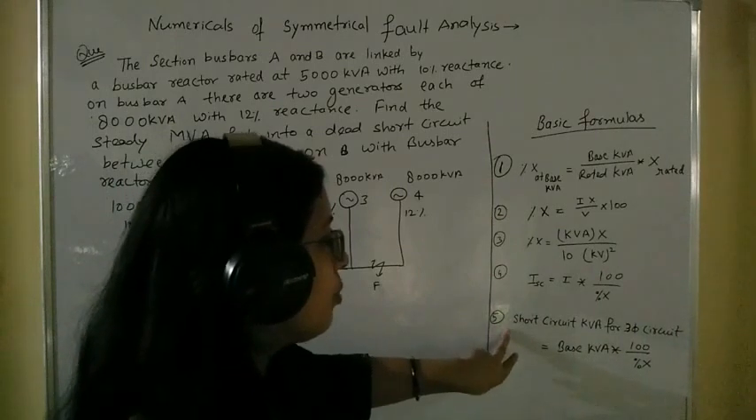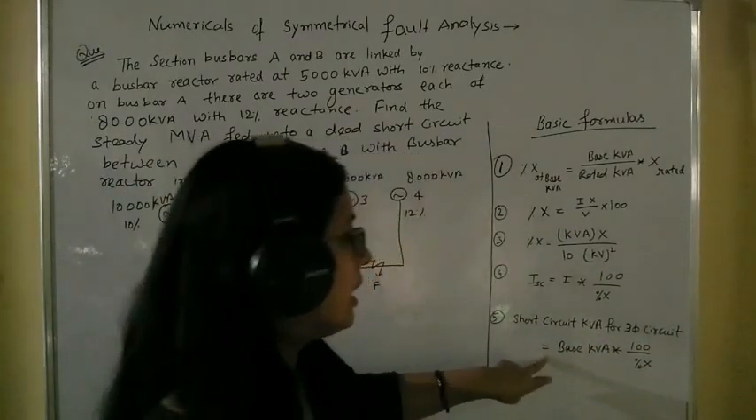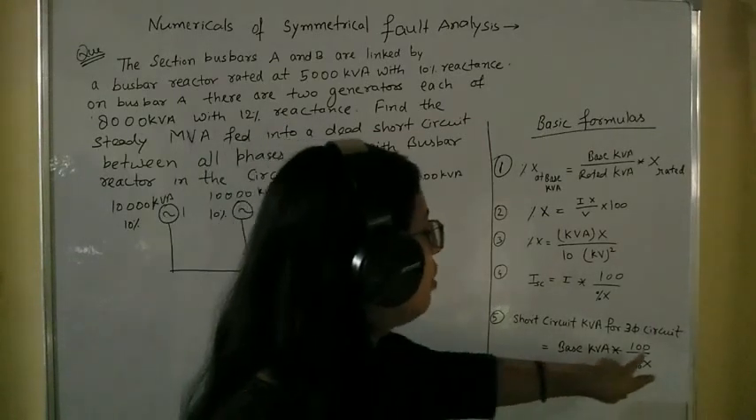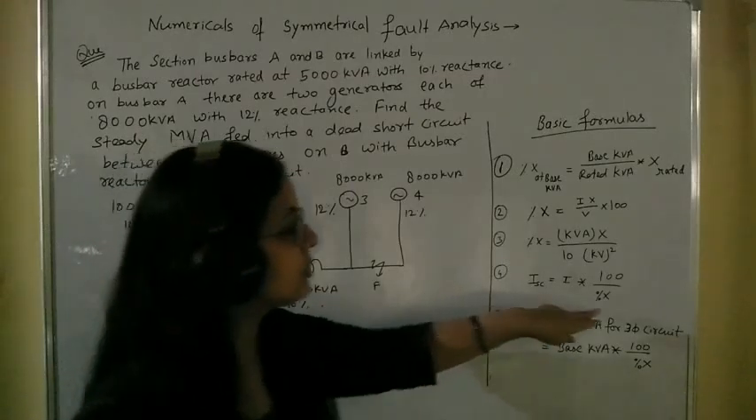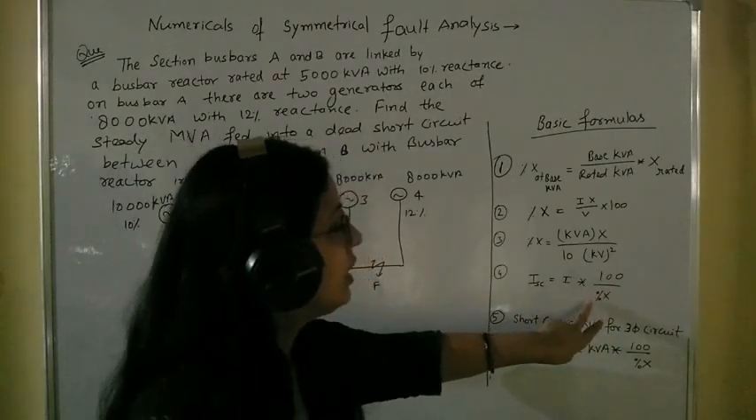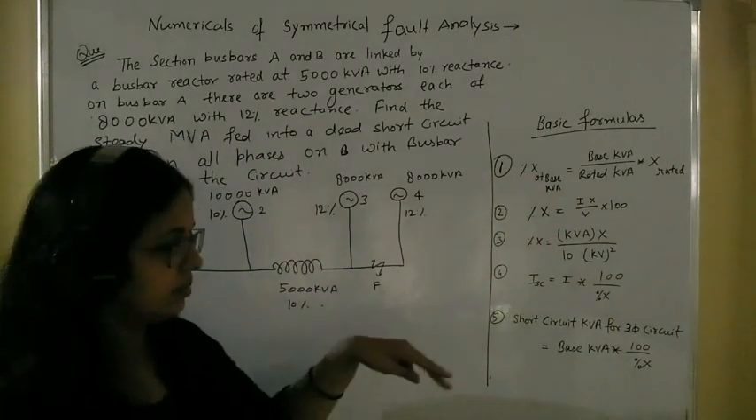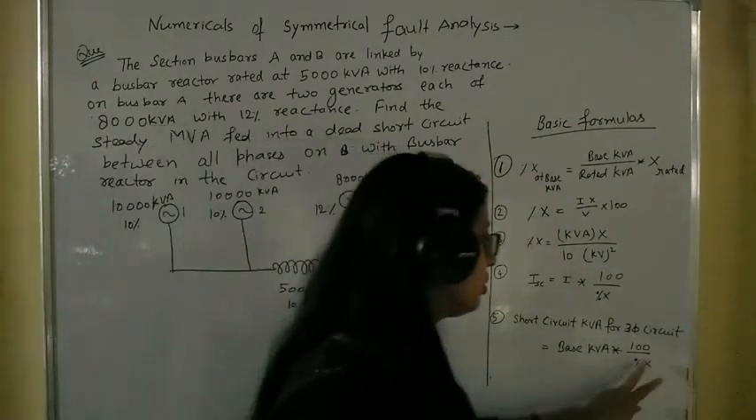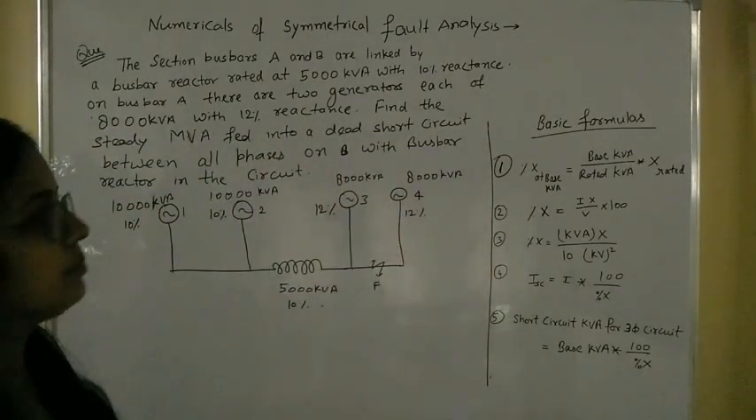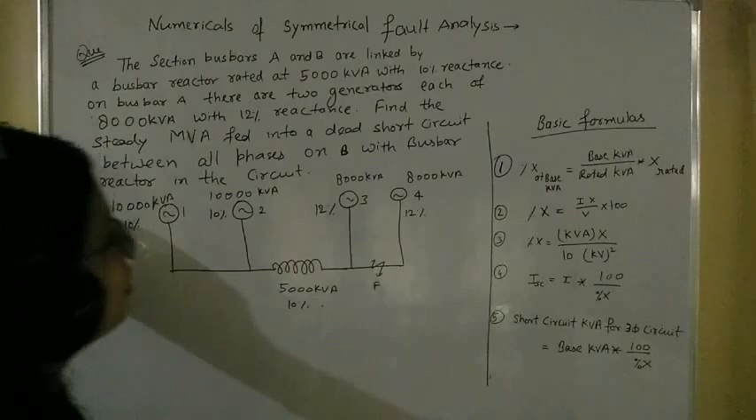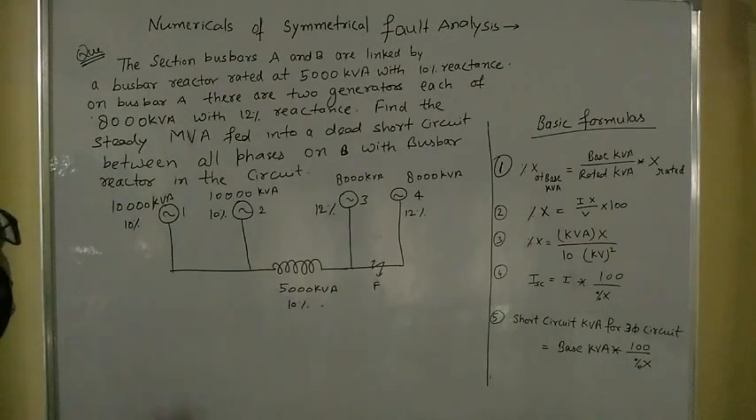Now the fifth formula is the short circuit kVA for three-phase circuit, that is base kVA into 100 by percentage of x. This percentage of x is basically the percentage of x at base kVA. Then again here also it is percentage of x at base kVA. Okay, so there is one numerical here. The numerical is like this,